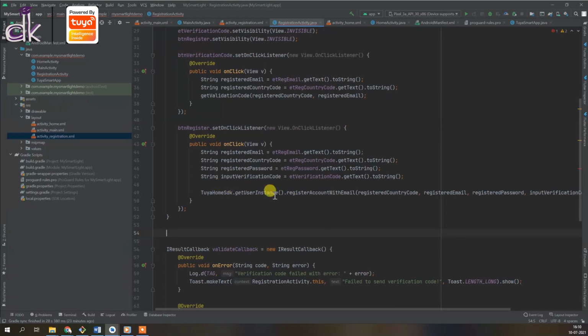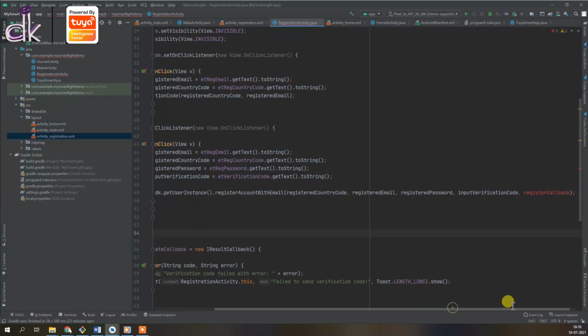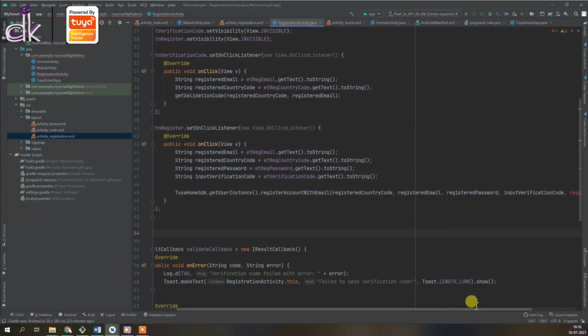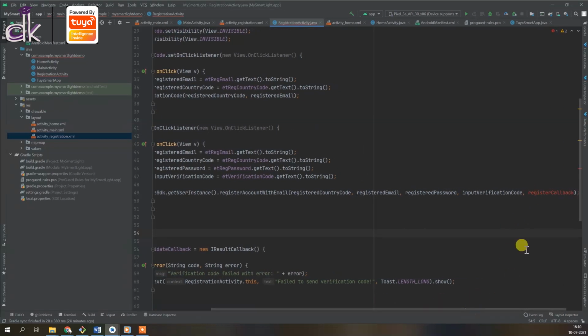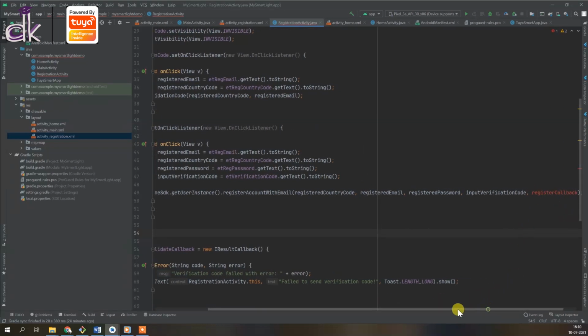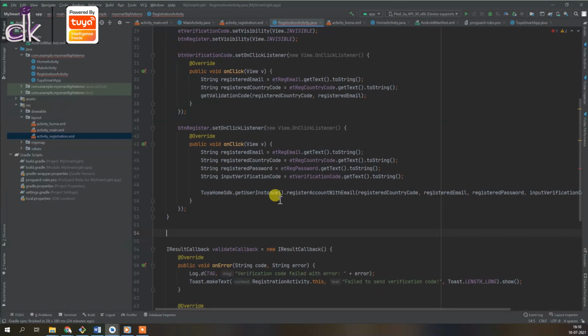You just do user instance and call the various functions, and each of these functions expect certain parameters. And the way you understand if something worked or not is through callbacks. And the callback is necessary here because it's actually communicating with the cloud, and once things work, it has to give that information back. And since it is asynchronous in nature, that's why you have a callback mechanism.